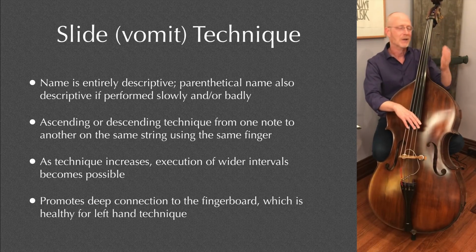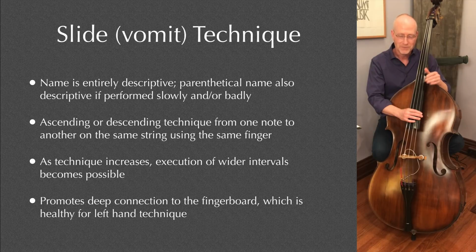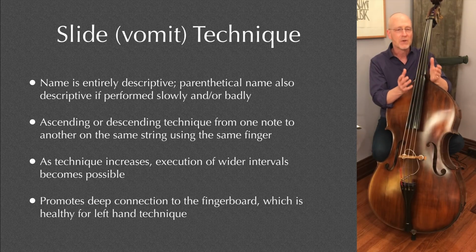Then with your third finger, and I would do that. And then with your fourth finger, and I would do that. And I would think, okay, finally we get to move on from this. And he would say, now we move on to the second string, and so on. And so we did it for a long time. And the reason I remember that is because